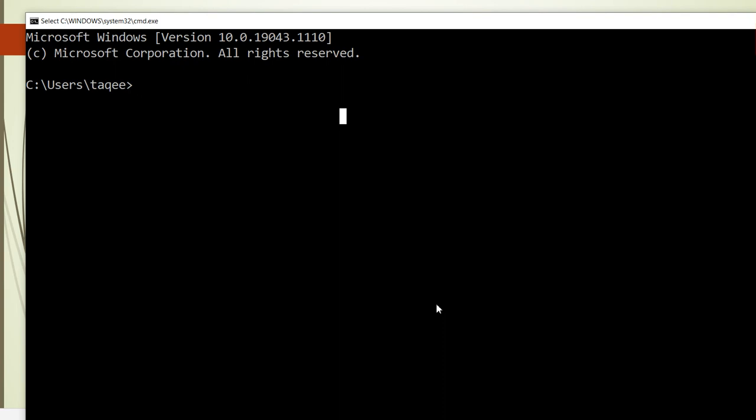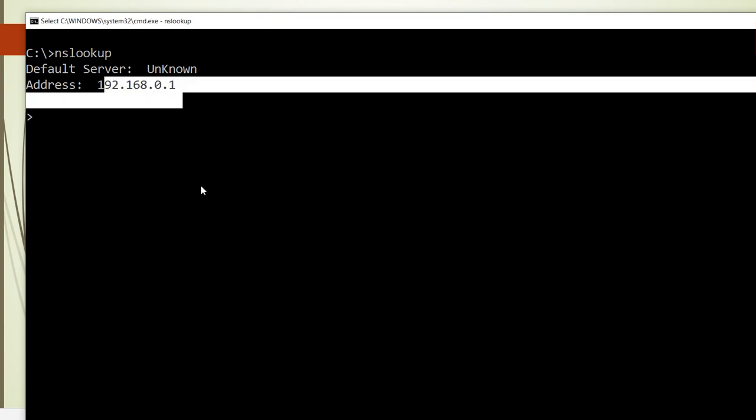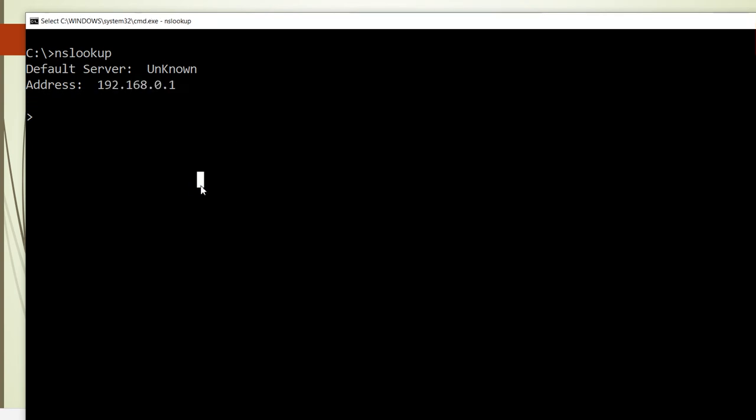Now we can see how it works. Our machine is connected to DNS. Now we have a tool called NSLOOKUP to do the resolution, and this is my DNS server. If I want to get a record, I will give the name here, www.microsoft.com. Now when I give this record, what happens?